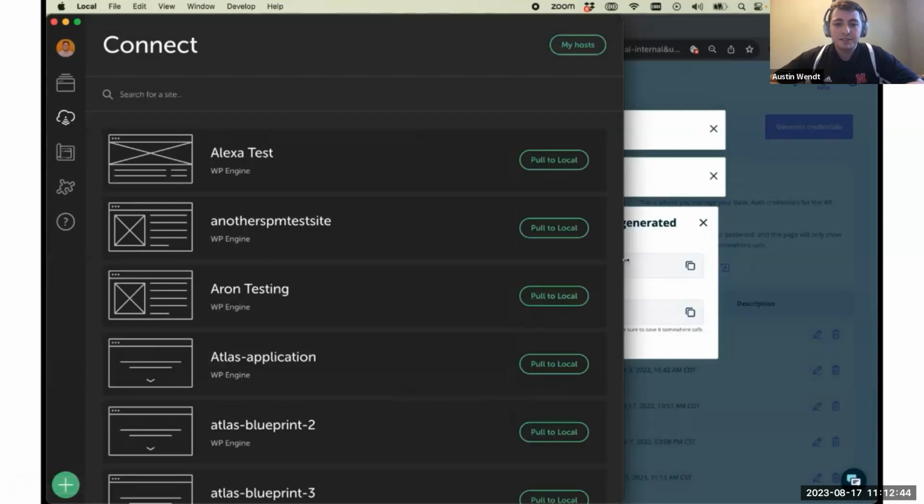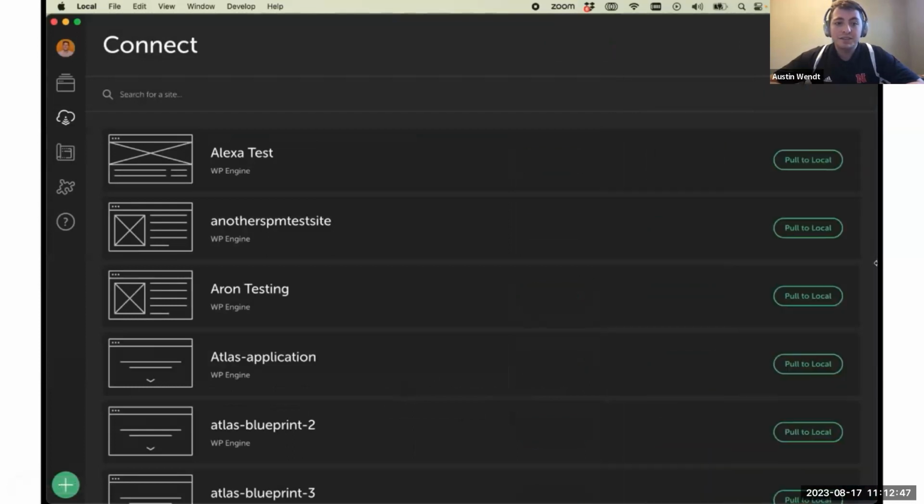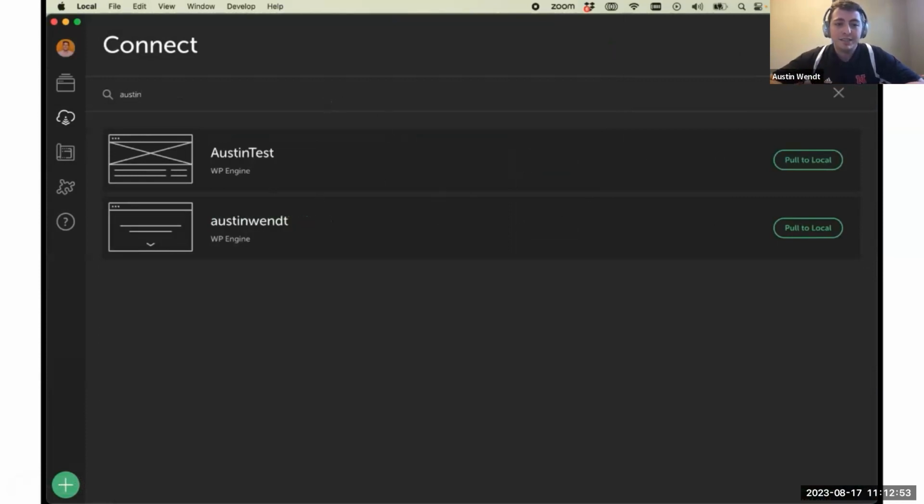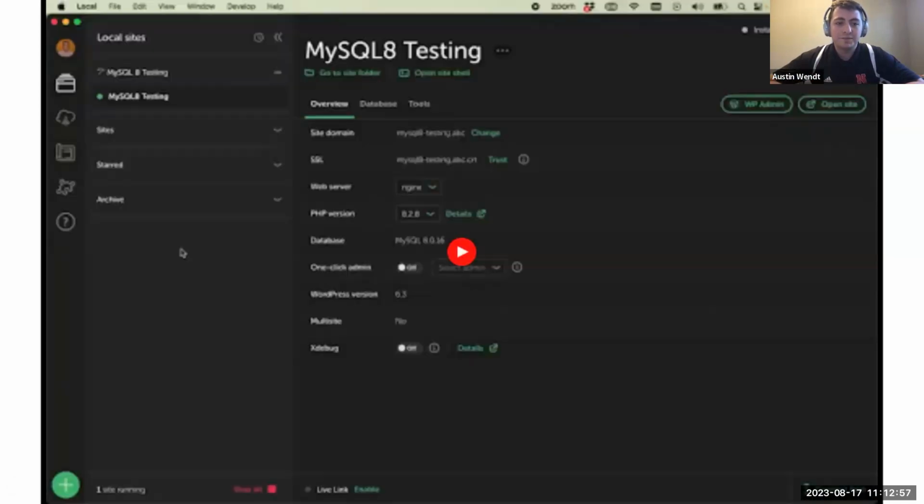This will generate some SSH keys so that I can see a list of all the sites that I have access to on WP Engine, not just one site, any site in my account will populate here. Then I can really easily search that list for where I'm going next. You saw there, I had a site called Austin Test that I'm just using for the purpose of demoing today. If you click into that next video,